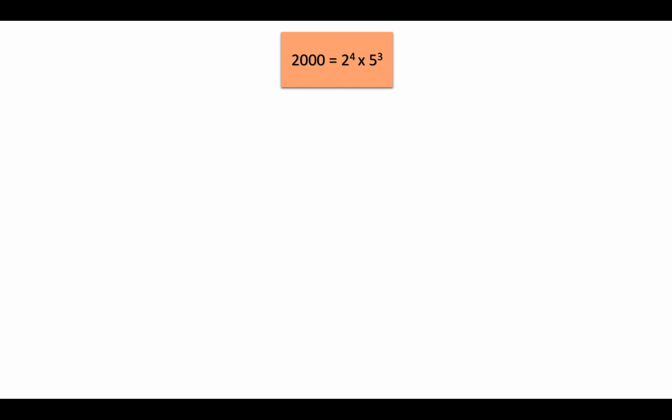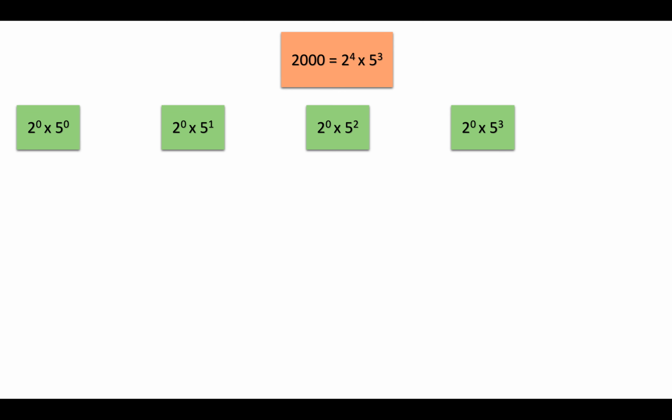Right? So now let's look at all the factors that this 2 raised to power 4 into 5 raised to power 3 has. The first factor this will have is 1, the smallest number. Also, we can find that by putting the power as 0 here. Right? Next, let's maintain the power of 0 with 2, but increase the powers of 5. So we'll get 2 raised to power 0, 5 raised to power 1 here, and we'll get 2 raised to power 0, 5 raised to power 3. Right? Then we can't go beyond this. We can't go to 2 raised to power 0, 5 raised to power 4, because the maximum power that 5 can have is 3, which this 2000 has here. Right? So next one will be 2 raised to power 1 into 5 raised to power 0.